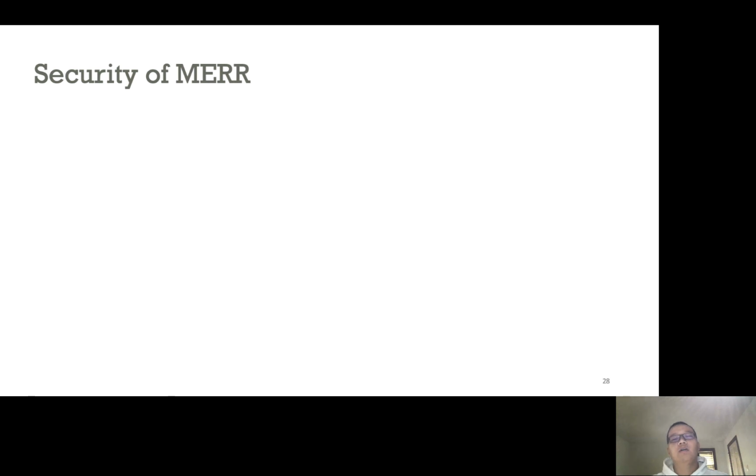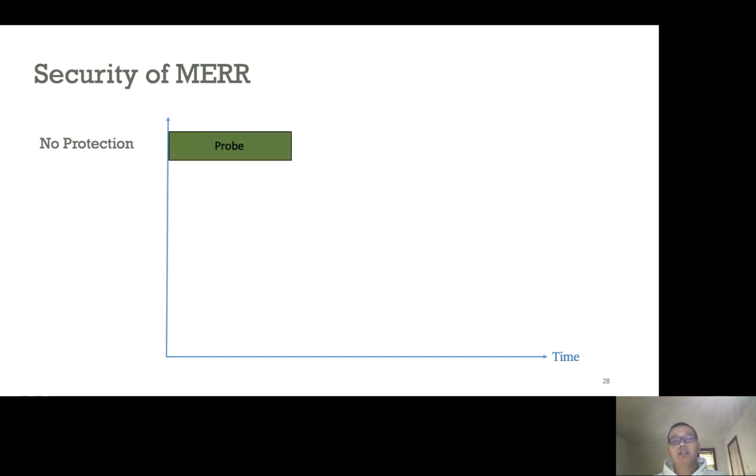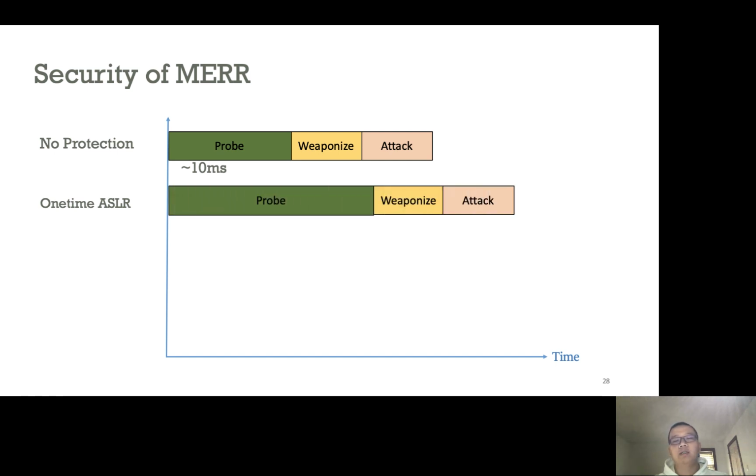Let's take a look at the security analysis. For a non-protected program, the attacker needs to probe to get some information, weaponize the attack, and then launch the attack. The attacks typically need 10 milliseconds at the probe stage. When there's one-time ASLR support, attackers just need more seconds to probe the information. With our 80 microseconds maximal